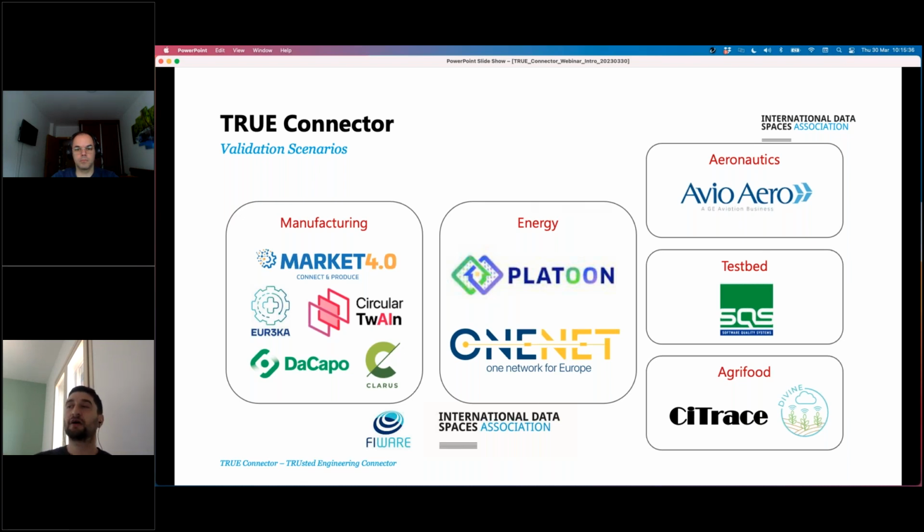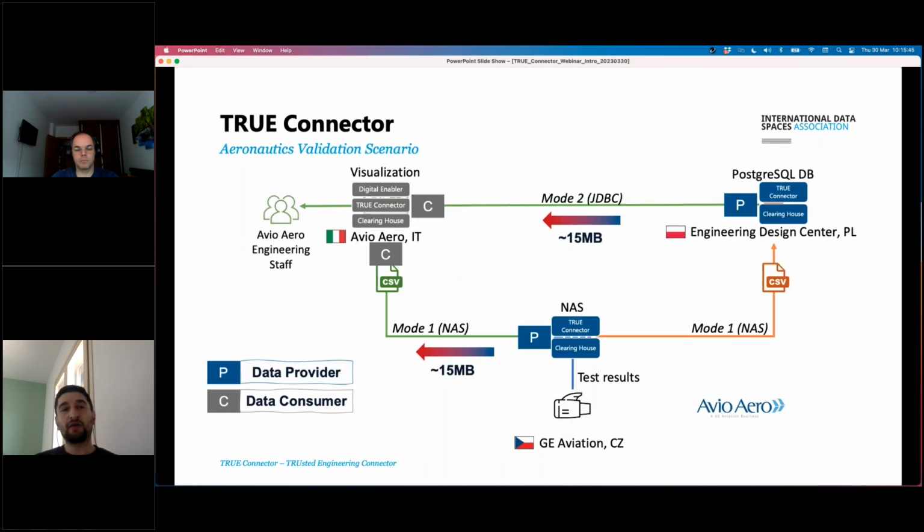And for the agri-food domain, we have two interesting projects, C-Trace and Divines, that, by the way, has also been mentioned by Anil before. Now, let's go into details, analyzing three different validation scenarios in order to give you also the possibility to know how we use the True Connector and how the True Connector can be used in real life, not only from the paper